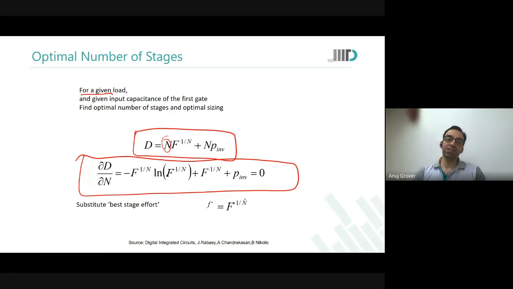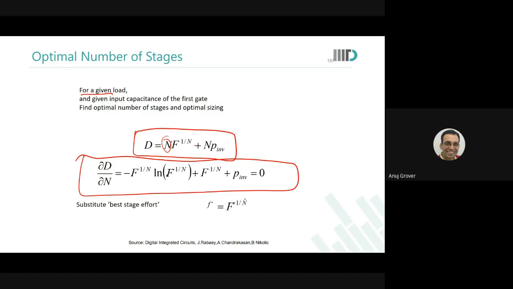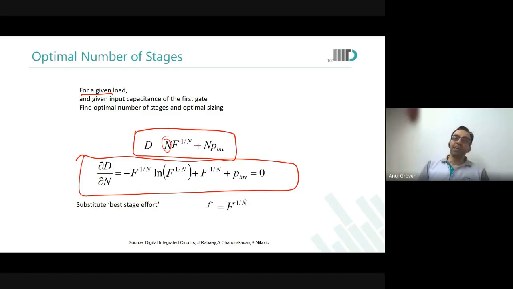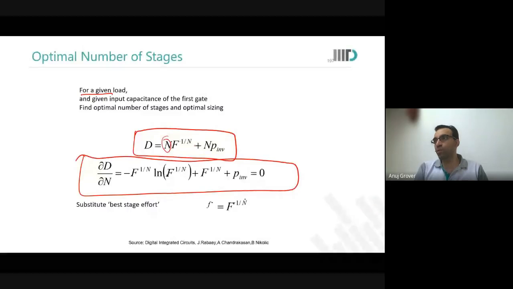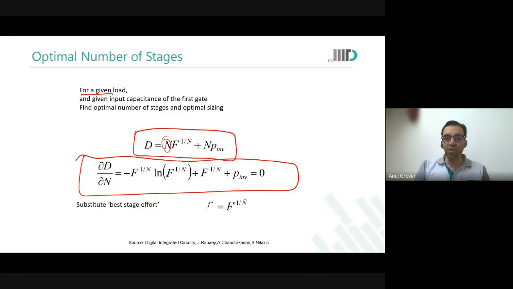Now this equation cannot be solved per se, because आपको n ही नहीं पता है और आपको इसको 0 करना है, तो ये typically आप numerically solve करते हो, ठीक है? And you also know that n cannot be a fraction, n has to be an integer, and a positive whole number, a natural number, 1, 2, 3, 4, 5, 6, something like that. So you just put in different values of n, and you see where the delay is minimum, and that is the number of stages you keep. We will see that in an example just now.